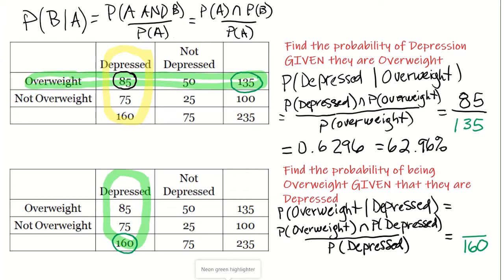Now I'm going to look for the overweight participants, and I'm going to be looking for that intersection. The intersection where the two colors cross, once again, it's going to be 85. So that's going to be on my numerator. And then when I do my calculation, 85 divided by 160 is going to be